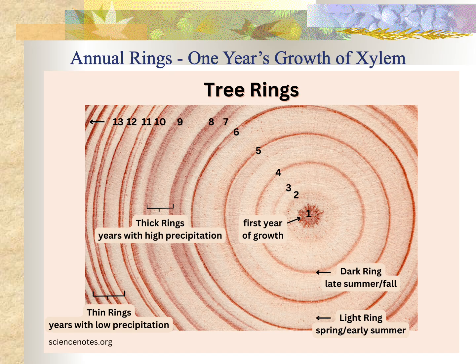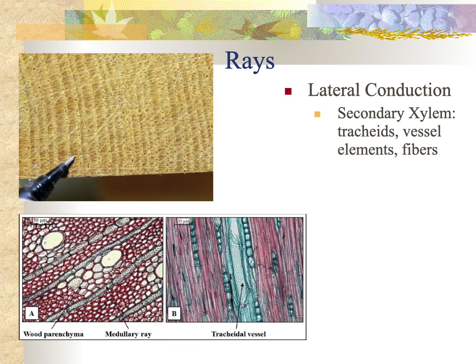Okay. Annual rings show one year's growth of xylem. Thick rings happen in years with lots of precipitation. Small rings when it's drier. In addition to the rings, there's also lateral conduction through rays. These are secondary xylem that will contain tracheids and vessel fibers that will allow water to move from inner areas